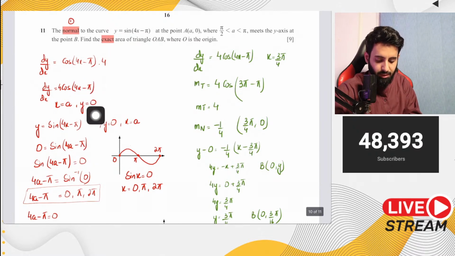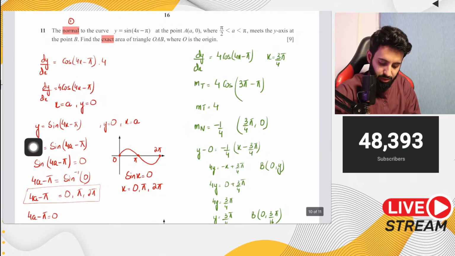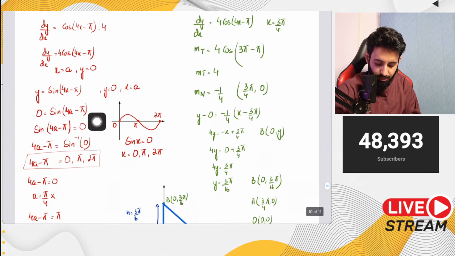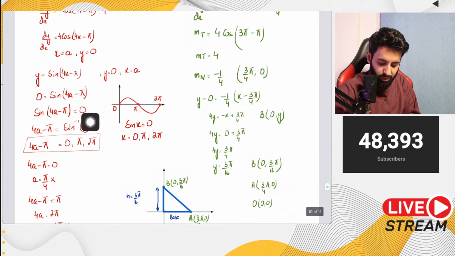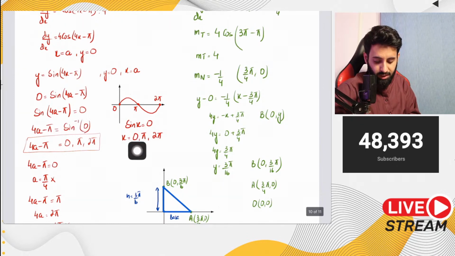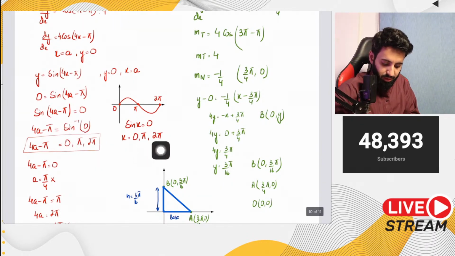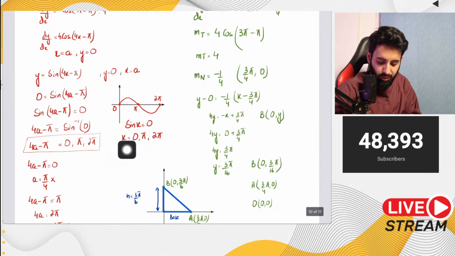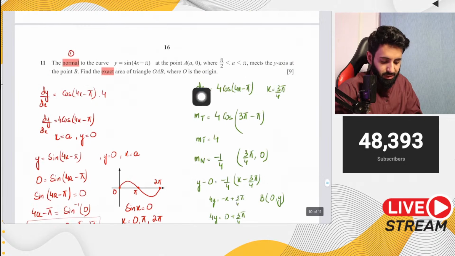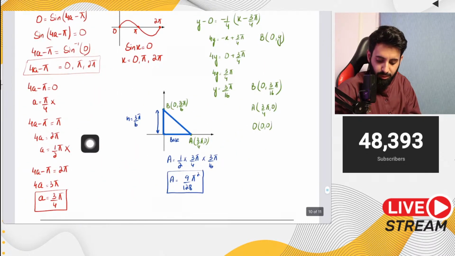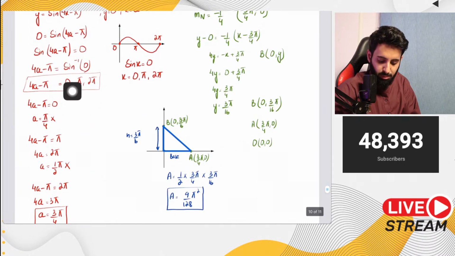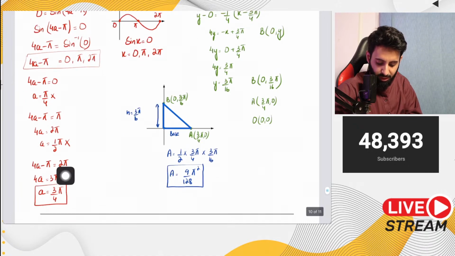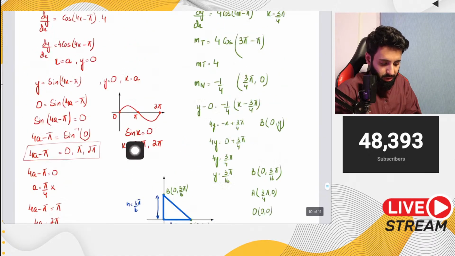Then you have the value of y, which you plug into the equation of the curve to find the value of x. Okay, now when you take the sine inverse of 0, remember sine is not equal to 0 at just one value of x. Sine is equal to 0 at multiple values of x: 0, pi and 2 pi. You need to take the value which gives you an a that falls inside this range. So we tried it out with all three values, 0, pi and 2 pi. It is with 2 pi that we got a to be equal to 3 upon 4 pi, and that is